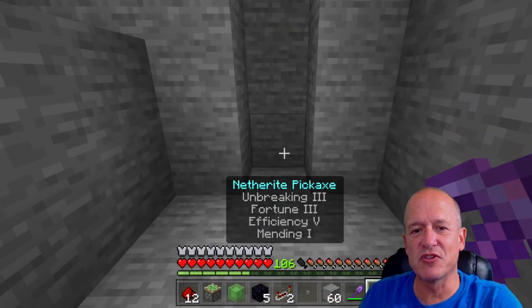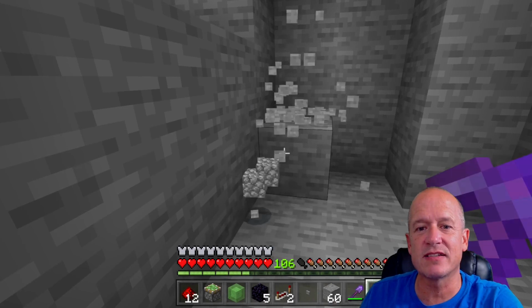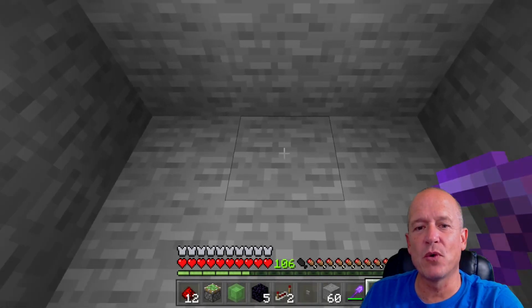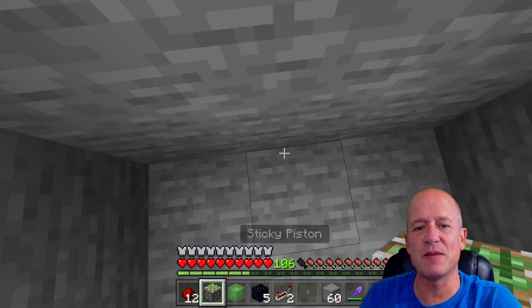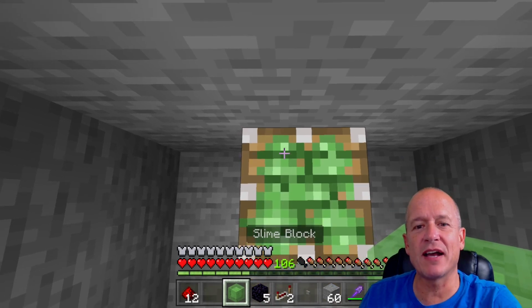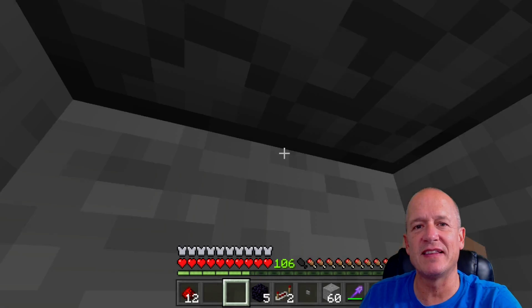Now right at the bottom of those blocks that we just dug out, we're going to dig out 3 blocks on each side so it looks just like this. And we're going to move all the way forward directly underneath this piston, and we're going to jump and place a sticky piston so it faces straight up towards that sticky piston. Then we're going to grab our slime block, jump again, and place the slime block directly underneath the piston here,